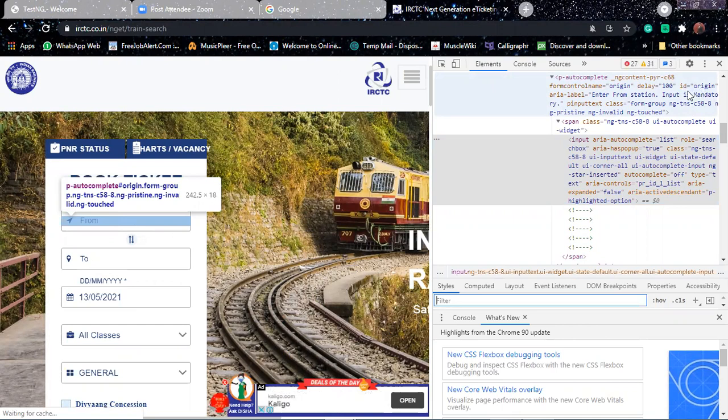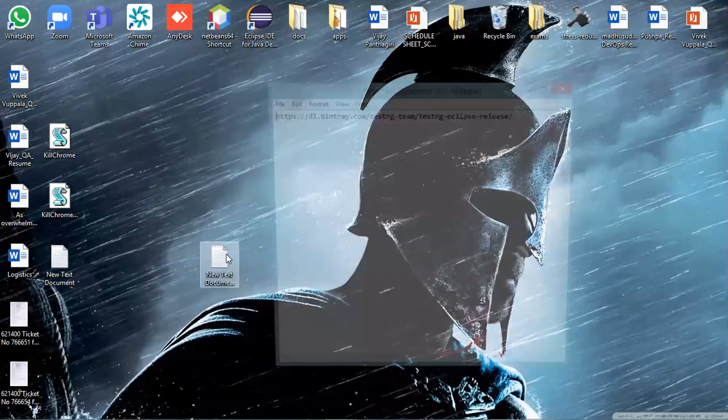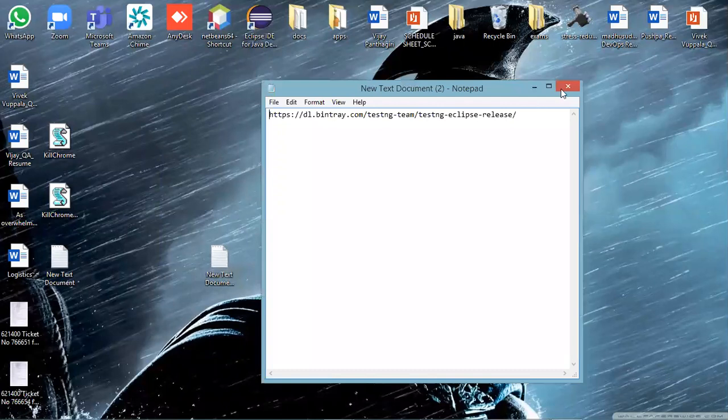Make a note. Go open a text pad or a notepad. Type there ID, all small, never use caps. Keywords, everything will be small.